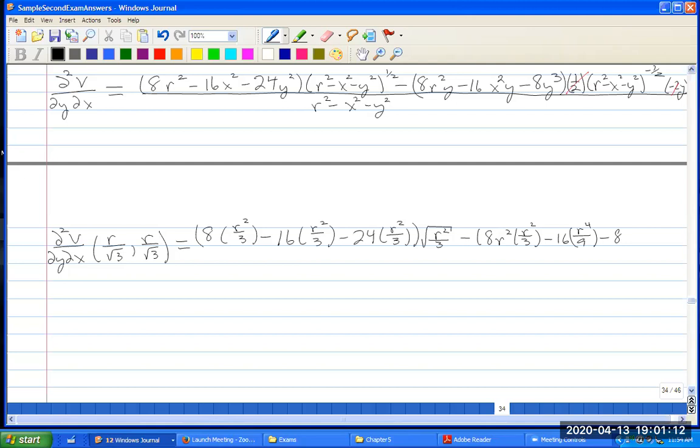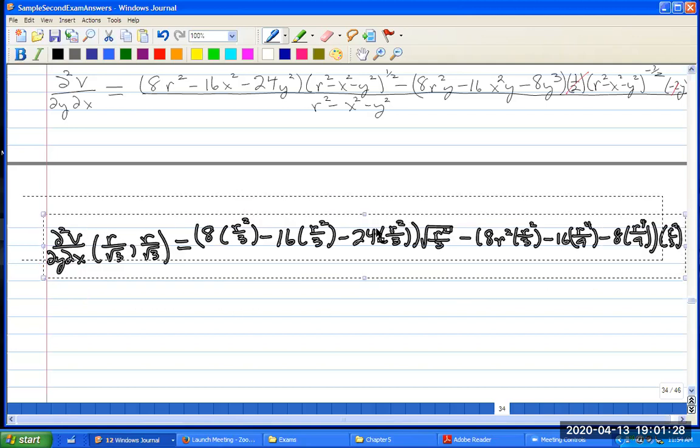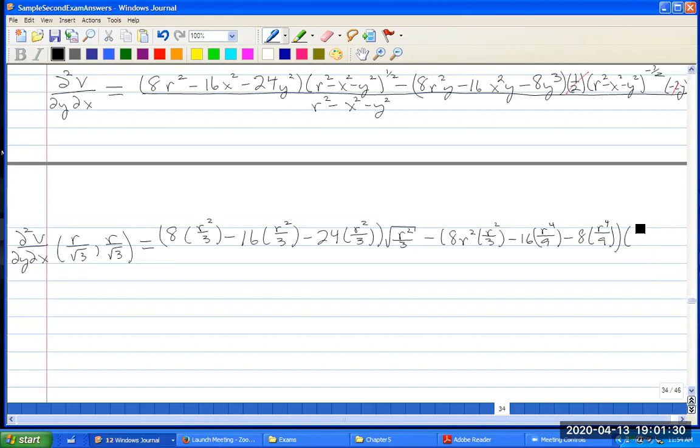This will be a y to the fourth, so that's r to the fourth over 9 times, well, the r squared over 3 to the negative 1/2, all divided by r squared over 3. Okay. So this is going to equal